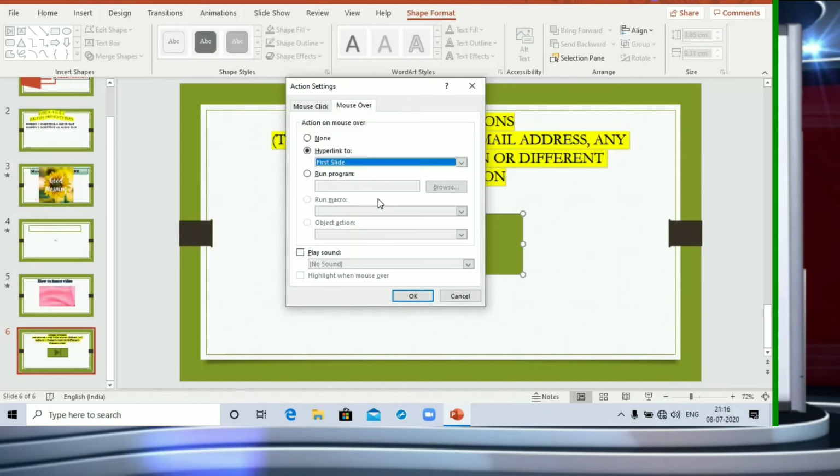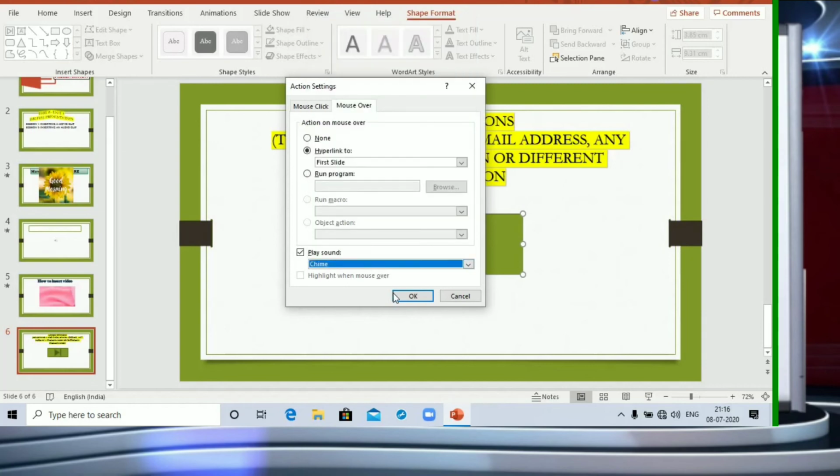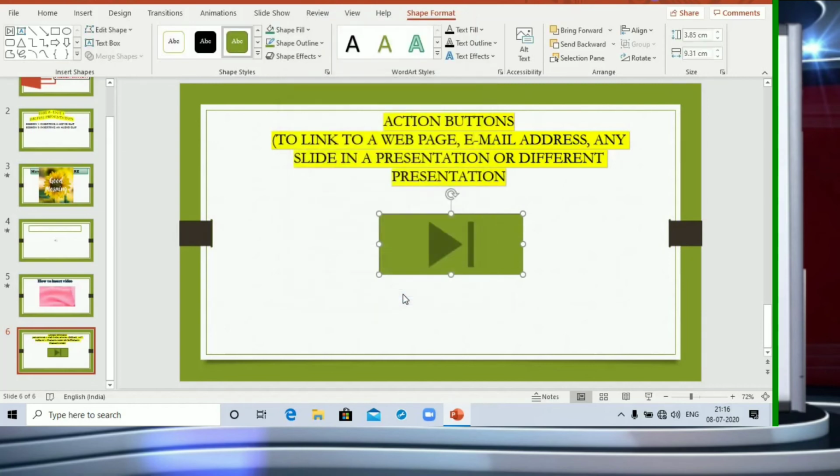That means once I click on this or my mouse pointer hovers on this, I'm going to go to the first slide straight away. If you want sound, you can also choose a sound, maybe a click, chime, or whatever. So I'm going to click OK.